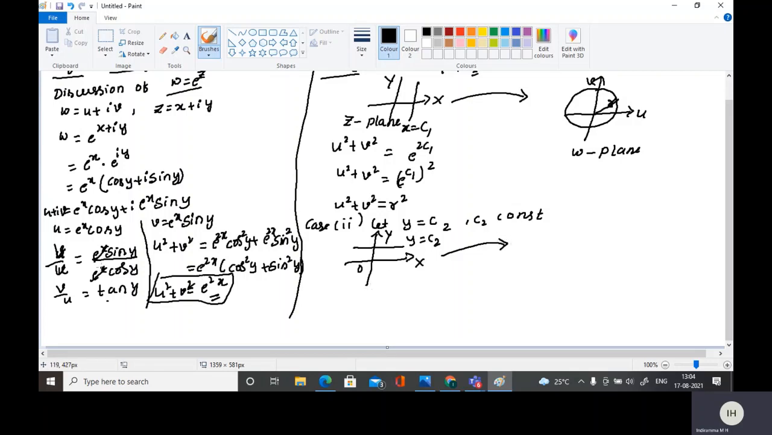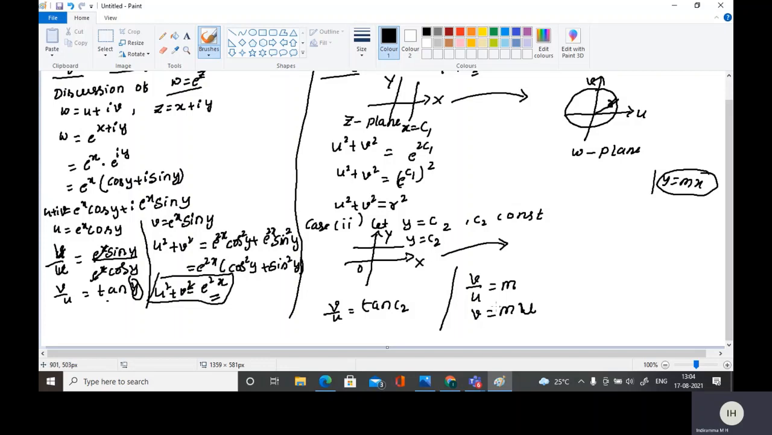Here I can substitute the y value as c2. So v by u is equal to tan of c2. Since c2 is constant, tan c2 is also a constant. So v by u is equal to say m, where m is equal to tan c2. So v is equal to m into u. We know that y is equal to mx is a straight line passing through origin